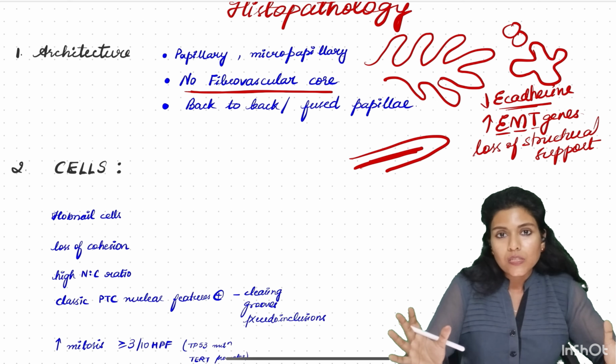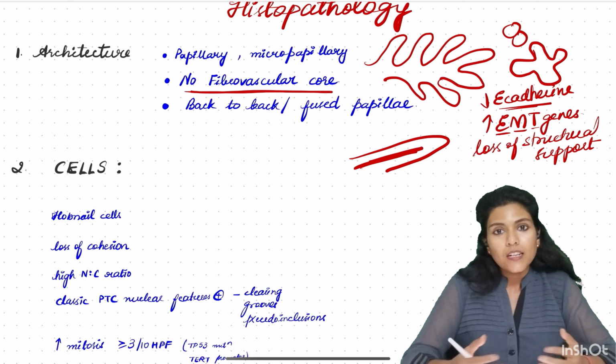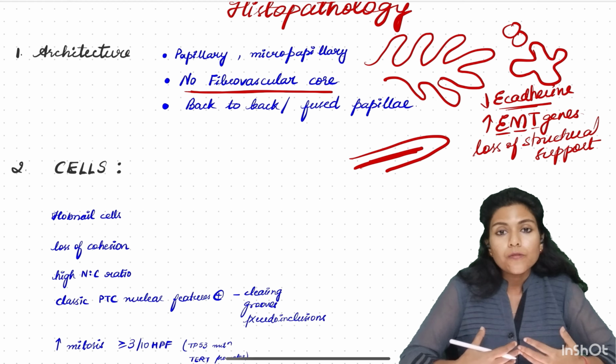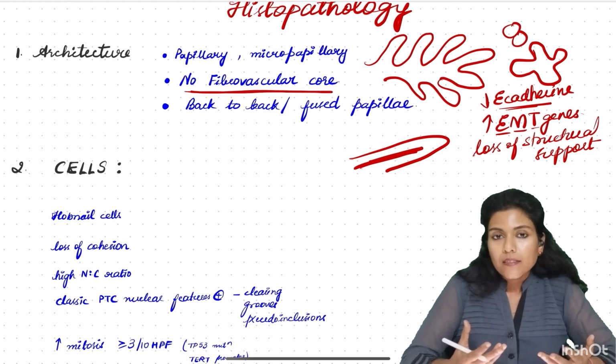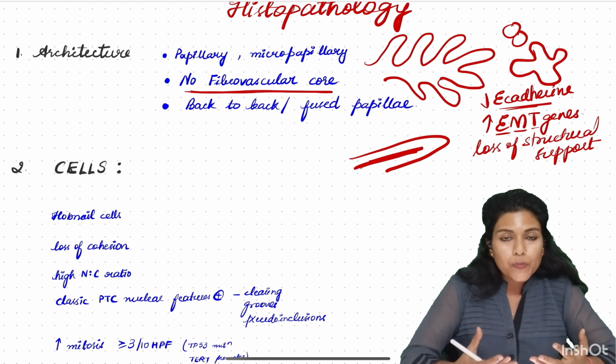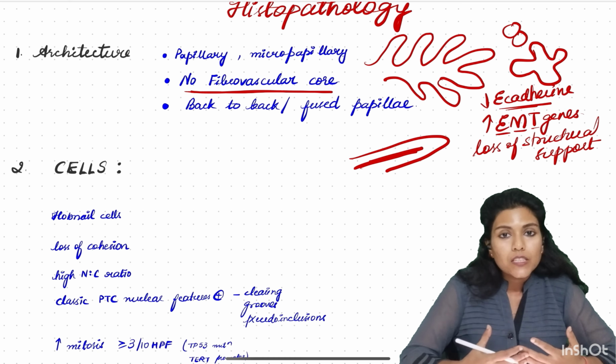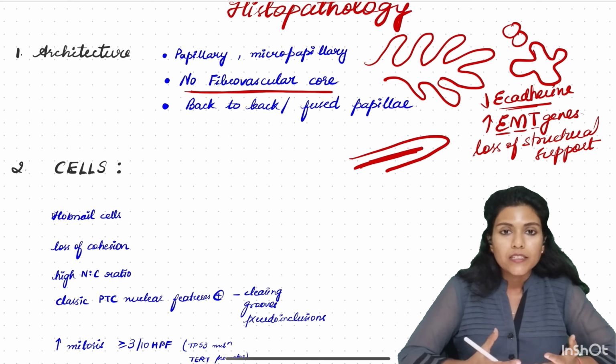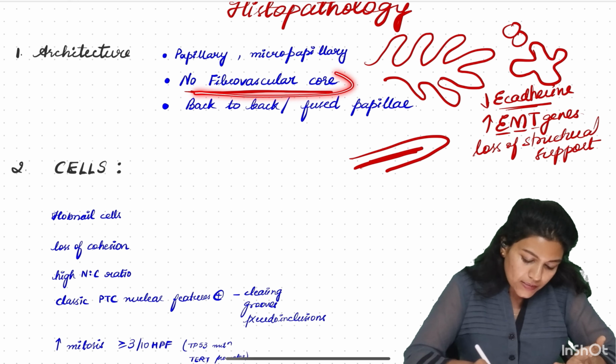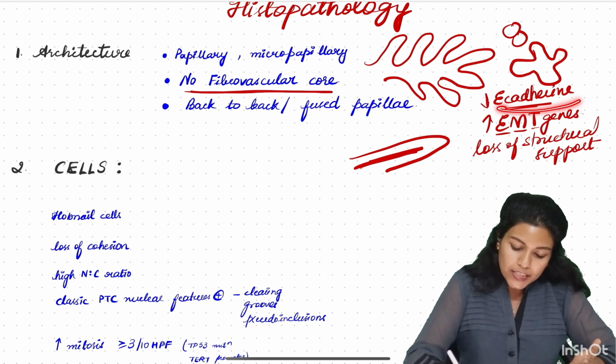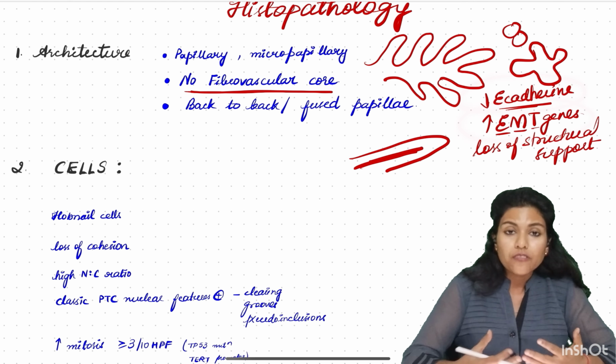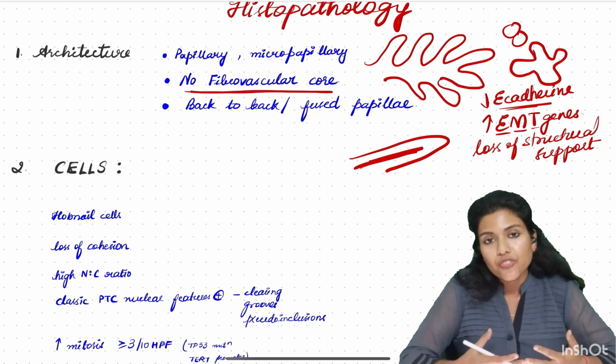When they disperse out from that original stock, obviously underneath there is no supporting structure. So the tumor cells forming this papillary architecture or the micropapillary clusters do not have a supporting structure underneath them. So there's no fibrovascular core because of this E-cadherin loss and upregulation of epithelial mesenchymal transition genes,